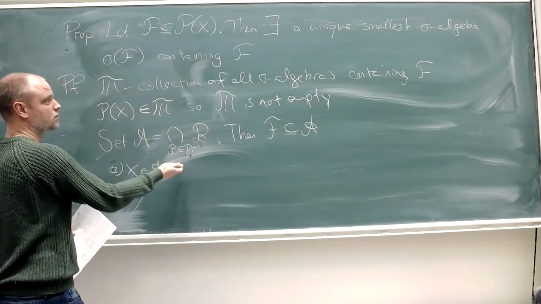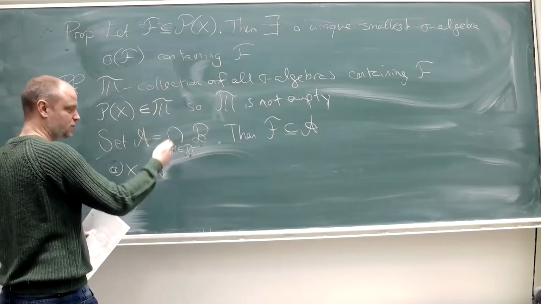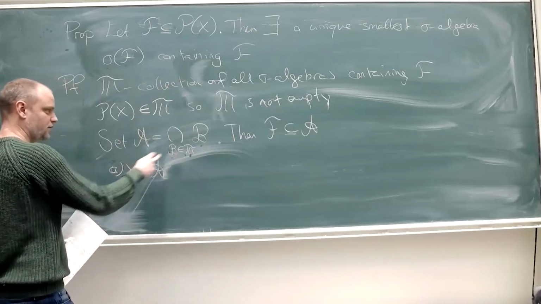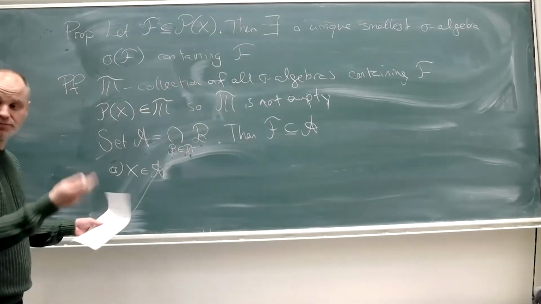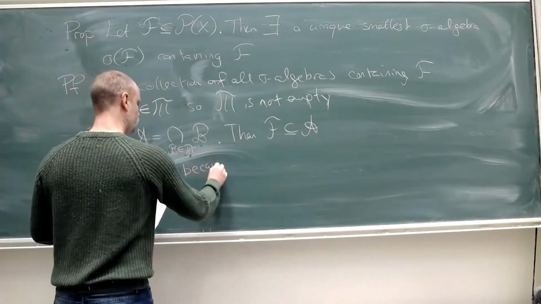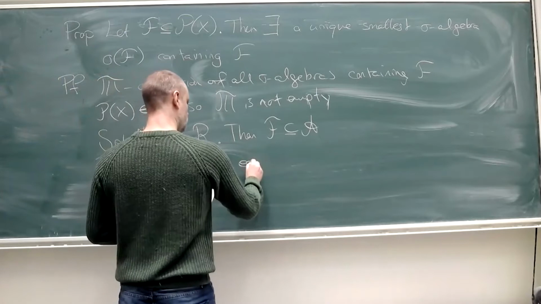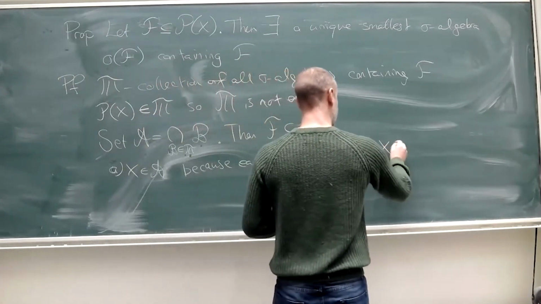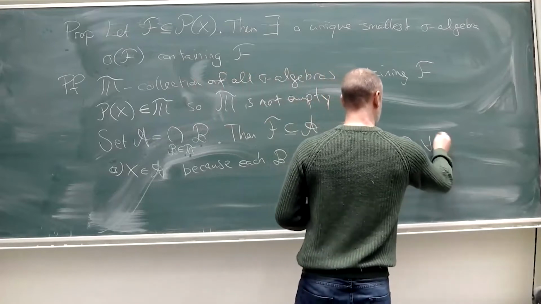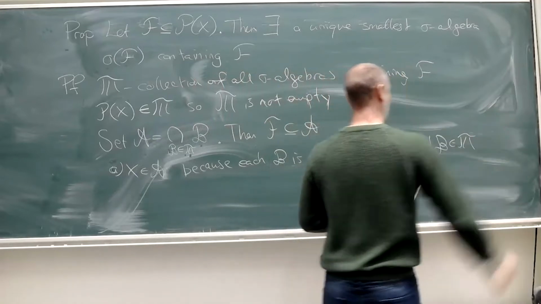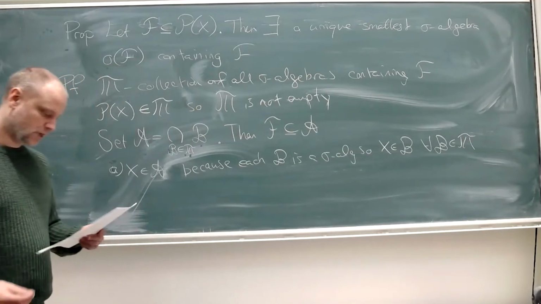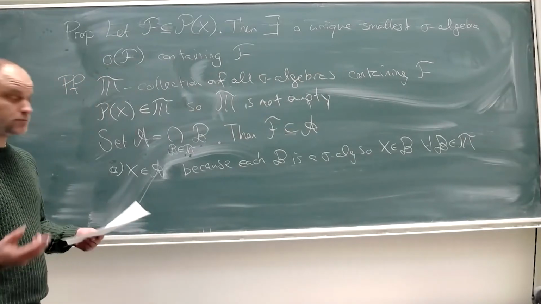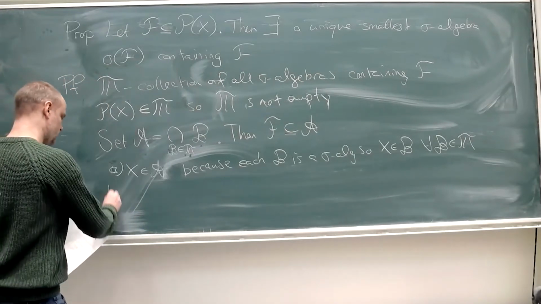M is a collection of sigma algebras, so each X will be in each B, and therefore it's also in the infinite intersection. Because each B is a sigma algebra, X is in B for all B in M. Okay, and now the next one we need to prove is that if